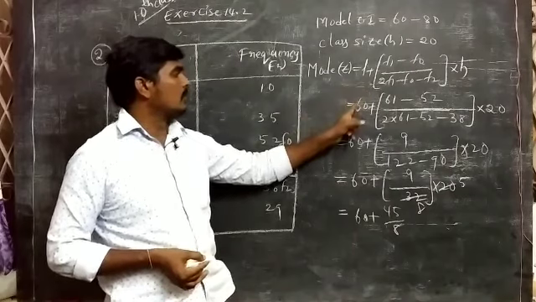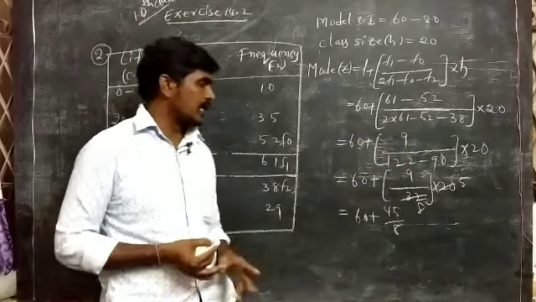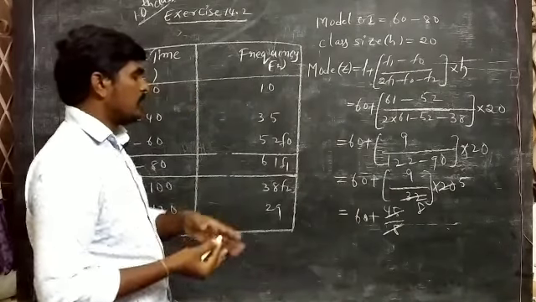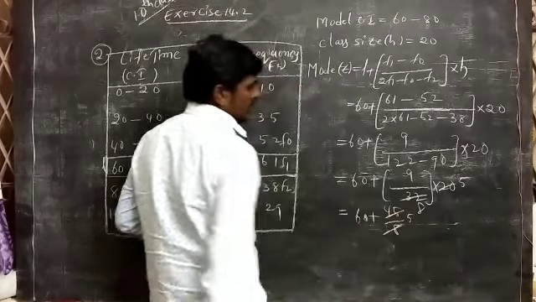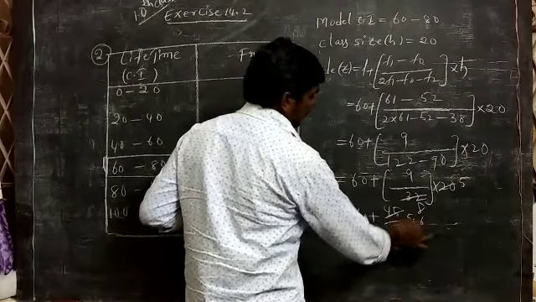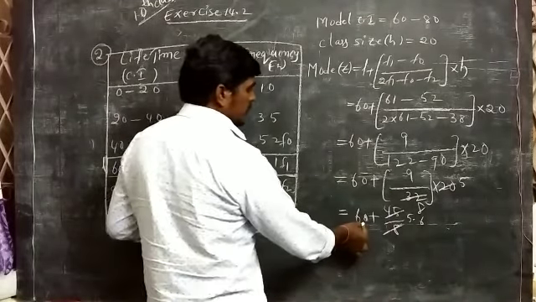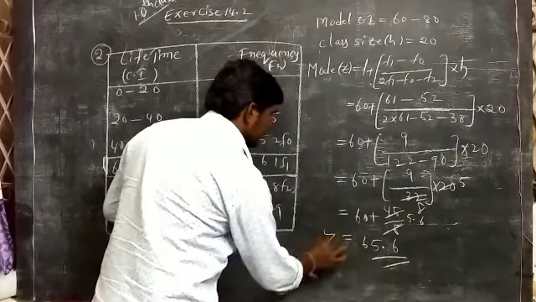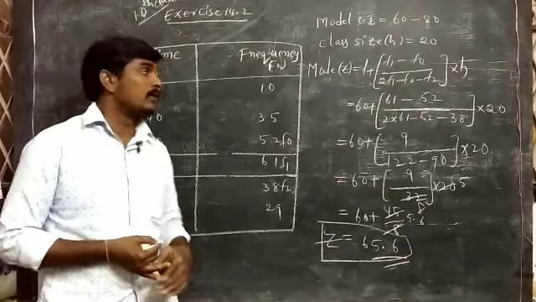You see, this number from starting to ending, as it is I wrote. Don't touch this number, only this calculation. Now with the 8 table, cancel the 45. Change into decimal form. 8 fives are 40, remaining 5 is there, means 50. 8 sixes are 48. Approximately up to 1 digit after the decimal point, 5.6. 60 plus 5.6, how much? 65.6. This is the required mode of this grouped data.